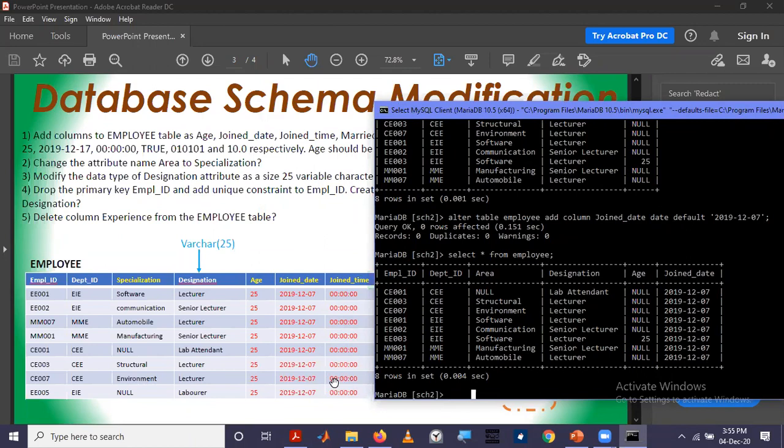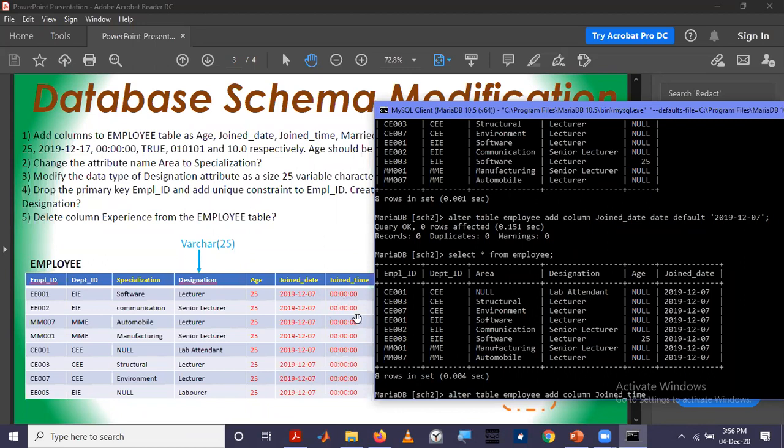So how to add? ALTER TABLE employee, then ADD COLUMN, and the name of the attribute is join time. If you look at this one, you can identify it as a time.